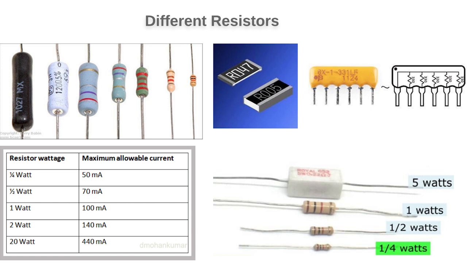There are also different kinds of resistors based on soldering methods, whether SMD or through hole, with different power ratings for maximum allowable current. Starting from quarter watt, it can go up to a maximum of hundreds of watts based on the current limiting. There is one more kind of resistor called the SIP resistor, with several resistors sharing a common point. That common point can be pulled up or pulled down.